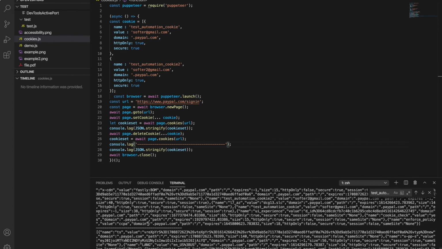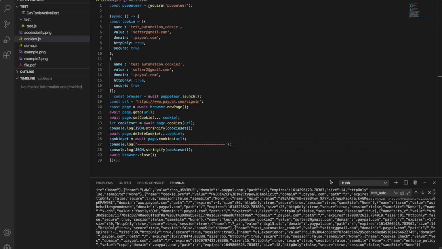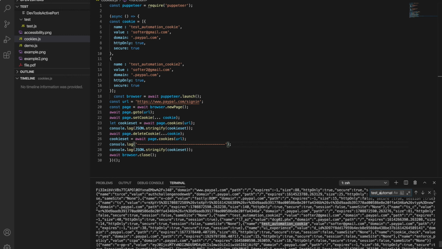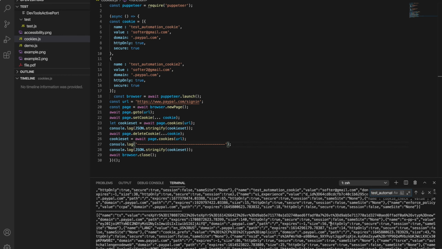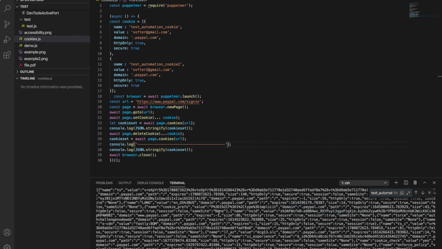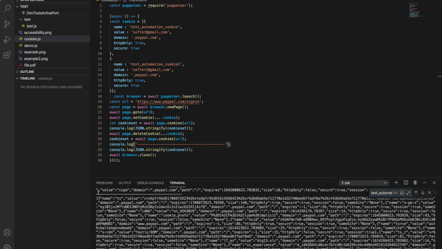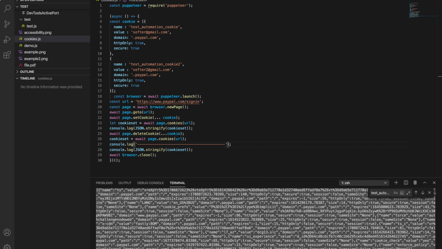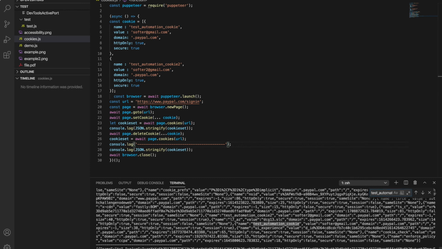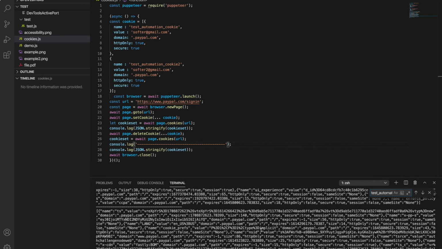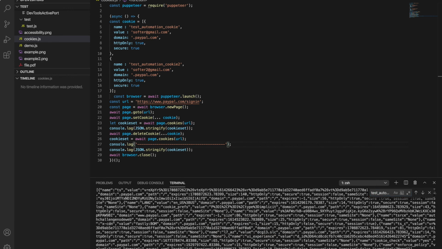Yeah, so we are getting this. In the upper part we should get these cookies. Okay, we are getting this. And in the lower part it should not be there. So this is the part. It is not there, it's only in the upper part. So those got deleted. This is how you can set cookies, get cookies and delete cookies using Puppeteer.